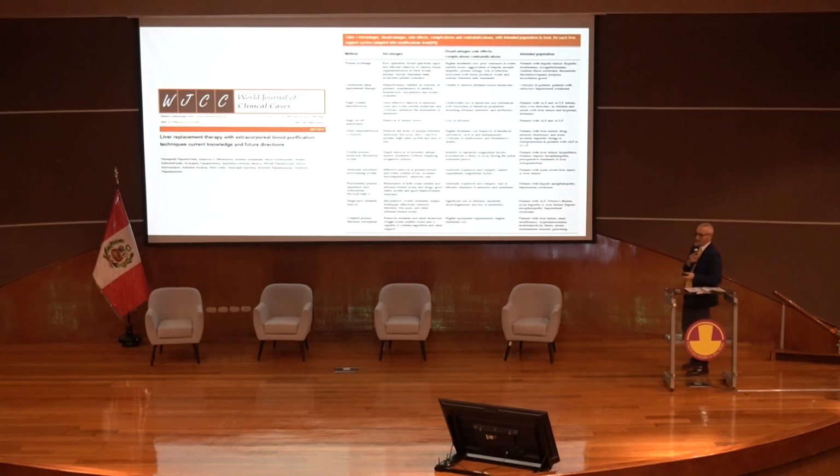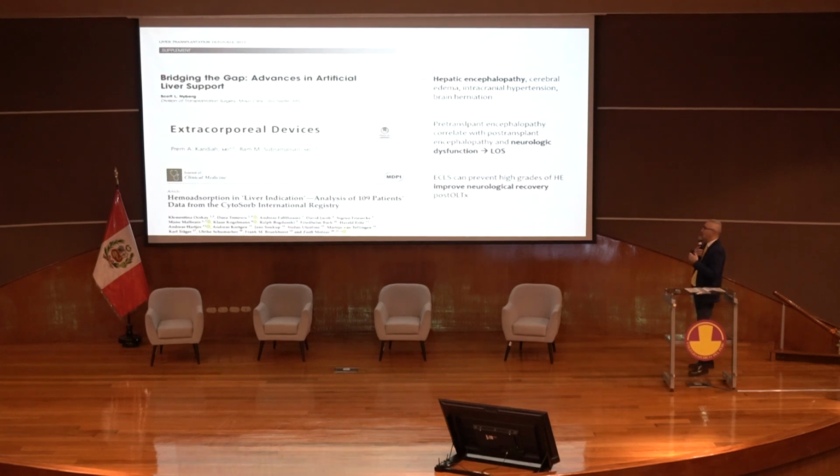There are several different possibilities to use the extracorporeal support. We have the plasma exchange, we have of course the cytosorb, the whole blood absorption, the double plasma molecular absorption, or the circulation system. And we have some papers that say that hepatic encephalopathy, of course, is a big problem, because it can give your patient brain edema and brain bleeding. So it's a big problem.